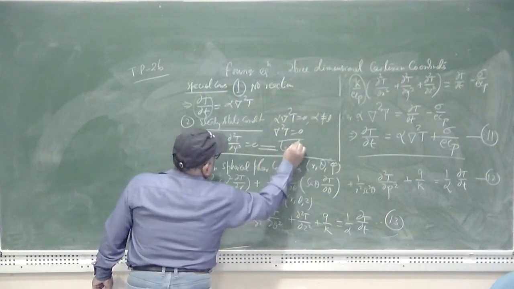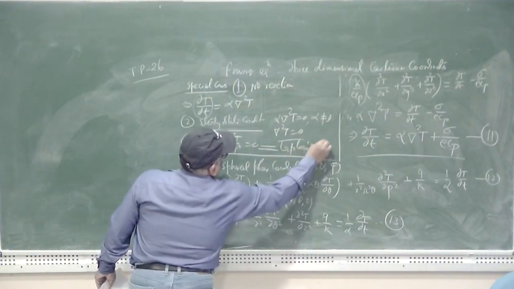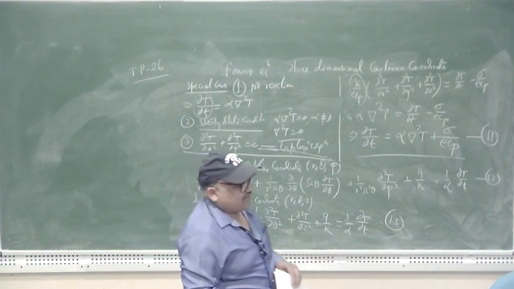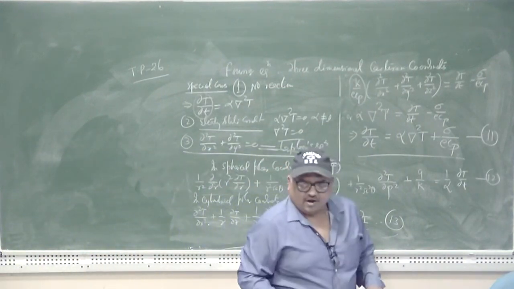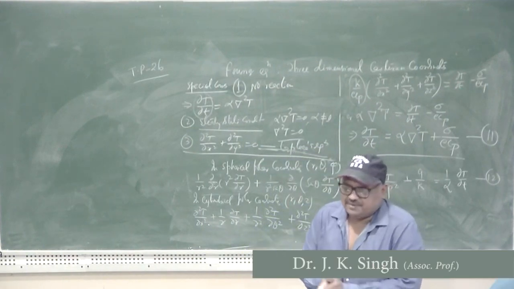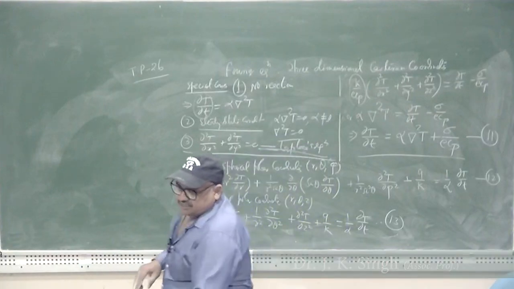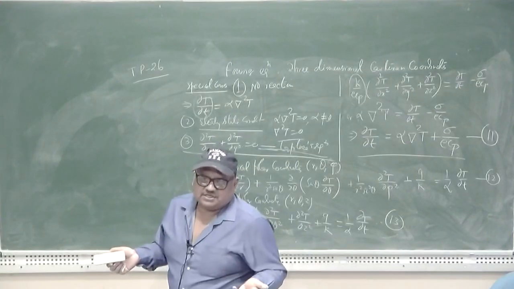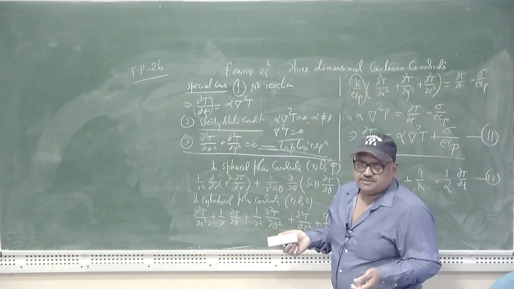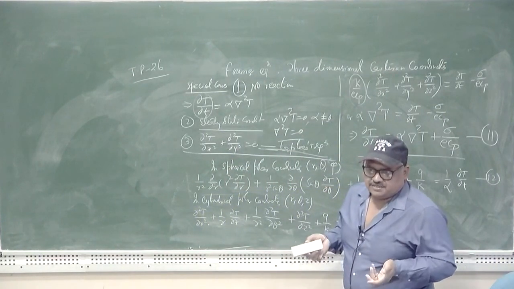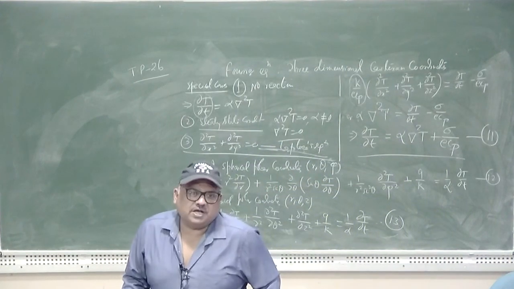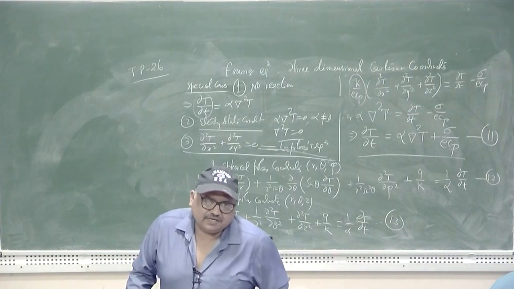This equation is called the Laplace equation. In the coming classes, we will study this Laplace equation and try to understand the different methodologies to solve it, that is the steady state heat conduction equation in 2 dimensions. In the next class, we will see some applications of the Fourier equation along the 3 mutually perpendicular Cartesian axes, or the cylindrical or spherical polar coordinates, and discuss some special cases which have practical importance with respect to furnace design and the study of heat transfer in different types of furnaces.